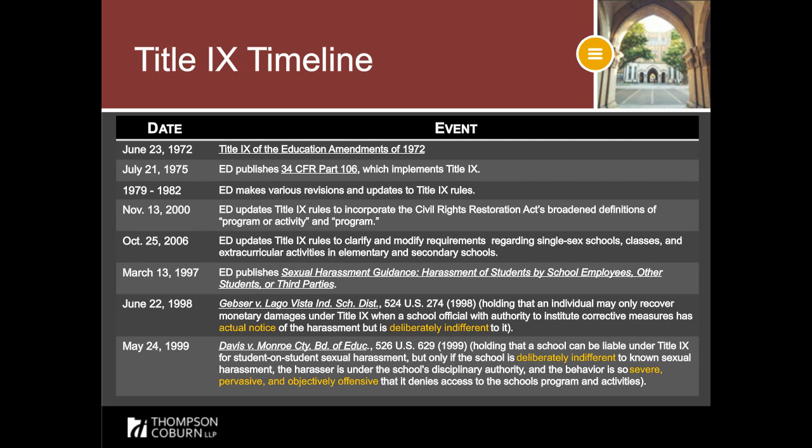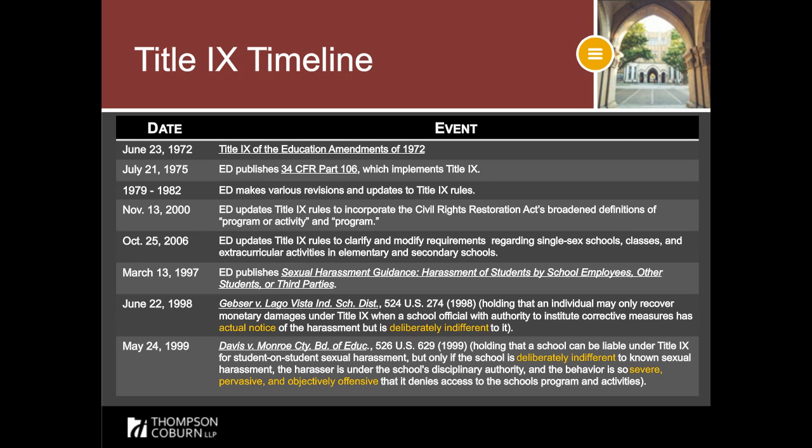Now, to be really clear, what the Supreme Court in this instance was thinking about and talking about was the ability of an individual, a private individual, to bring a lawsuit against the institution and say, I believe that under Title IX, the institution failed, and as a consequence, I should be able to sue for monetary damages. Then in 1999, in Davis, again, the Supreme Court considered Title IX,